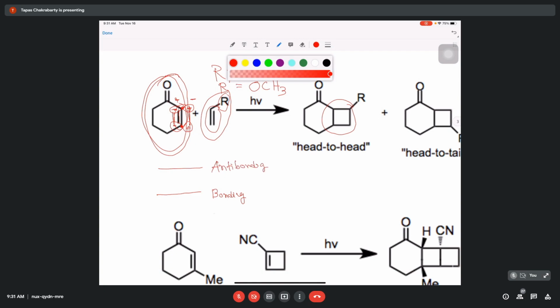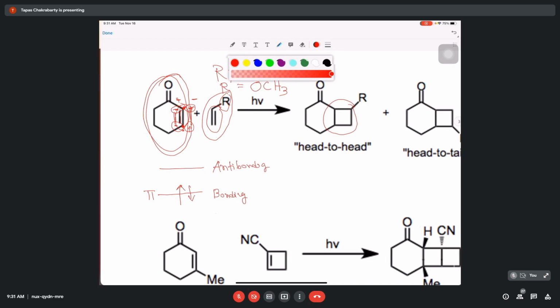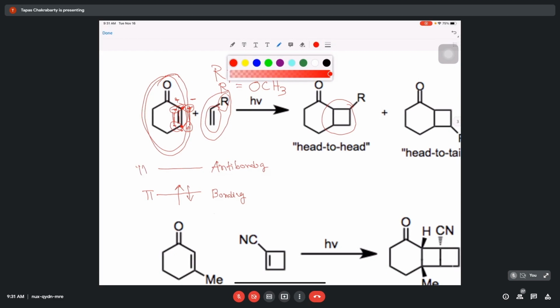Okay. And how do you feed your electrons according to this principle? Since I have two pi electrons here, one contributed by this atom and another contributed by this atom, in the ground state, the normal situation, the bonding pi molecular orbital is filled. And the antibonding pi molecular orbital, which you denote by pi star, is basically your vacant orbital. So this is the normal situation.